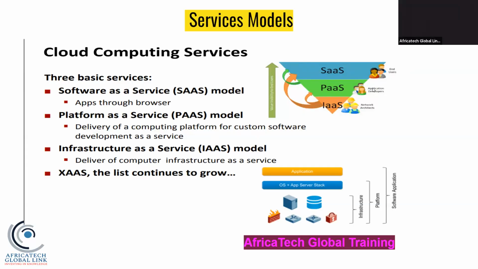If you are building the application, you are here. But the architects, they are also at this level. We call them the IS. So they are the ones managing the infrastructure, the application development, they manage the platform. So it's a backend. There's a database behind, right? They are the ones managing everything and making sure that the end user will be accessing. If it's a website, you just want your website to work and to function, and as you are demanding, they give you what you ask for. That's all you need to understand.